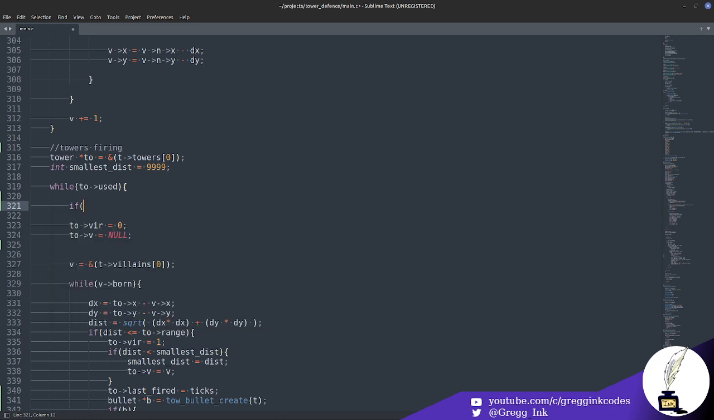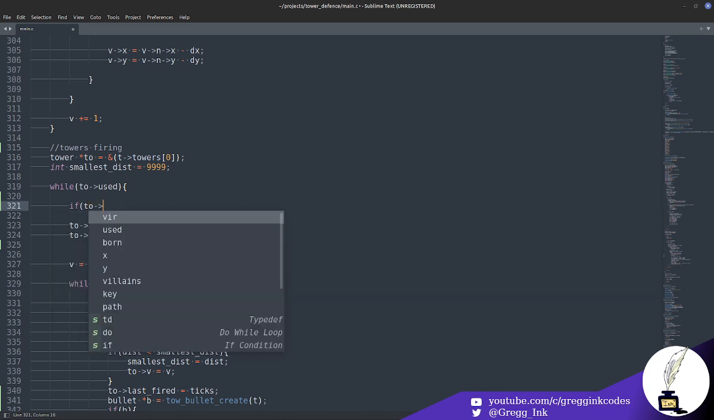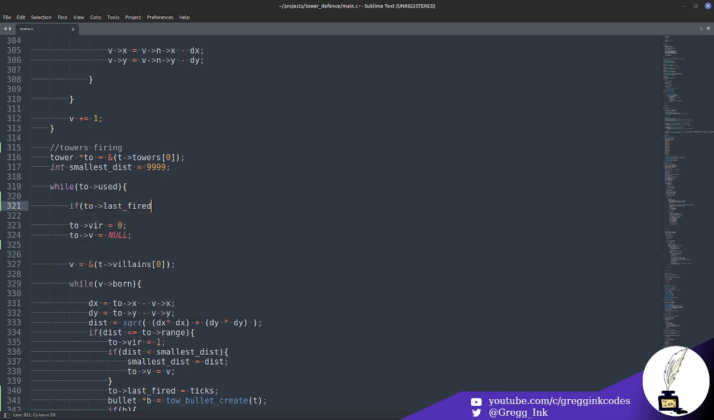If TO last fired minus ticks. First of all, if last fire is not 0, and